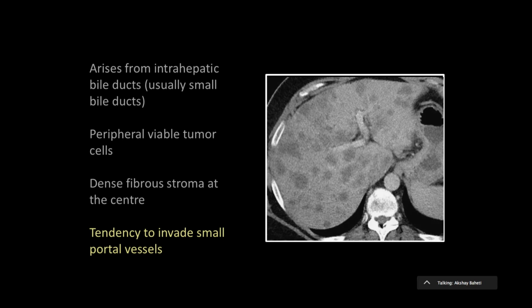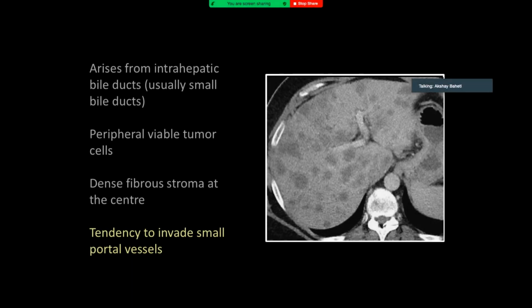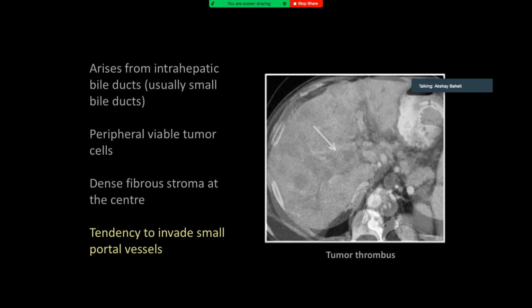If you have CA19, even better, right? Even if you don't have it, it's fine. Okay, if CA19 is high, then the differentials decrease further, right? So then it is either GB, pancreas, or intrahepatic, right, or cholangio. So then GB and pancreas you can rule out, right? So, alright, everyone understood cholangio, okay? A lot of this is non-radiology, right? I mean, you must know the patient's history and other lab parameters. Then you can say it's a cholangio instead of saying unknown primary or indeterminate malignant looking lesion. Okay.